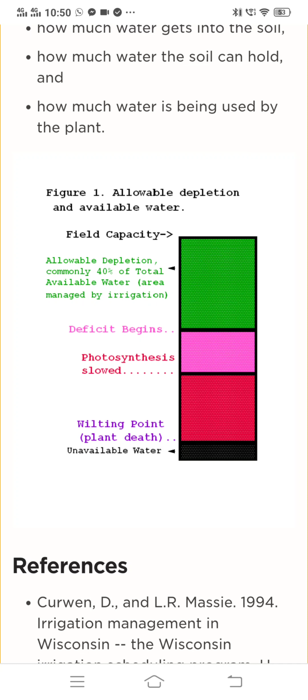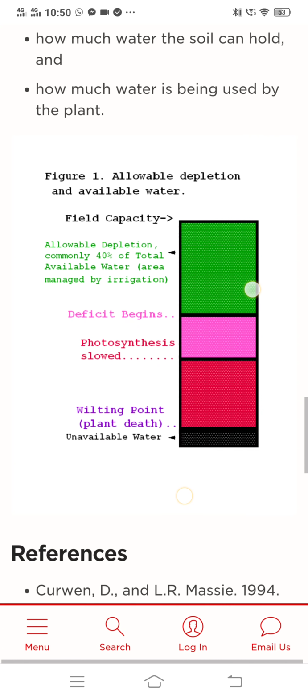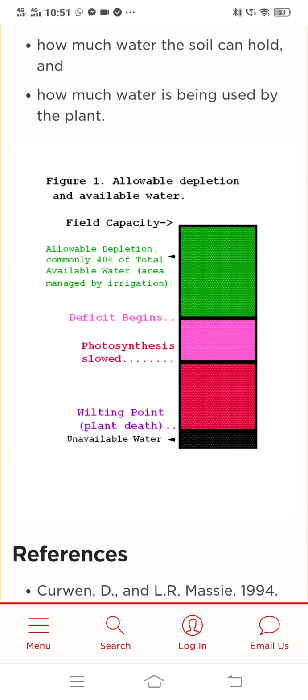This bar is 100% depletion of water in the root zone. So 40% of the depletion is having the green color because it is the allowable depletion, that is AD, available water area managed by irrigation. So after 40% the deficit of water begins, and the pink zone, after 40% the pink zone you can see,